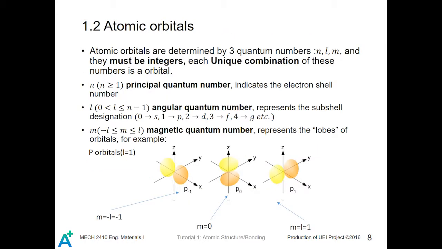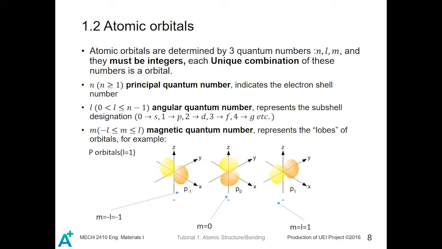Atomic orbitals. Atomic orbitals are determined by three quantum numbers, n, l, and m, and they must be integers. Each unique combination of these three numbers constitutes an orbital. N stands for the principal quantum number, and it must be larger than or equal to 1, which indicates the electron shell number. The value for l must be between 0 and n-1, which is the angular quantum number, which represents